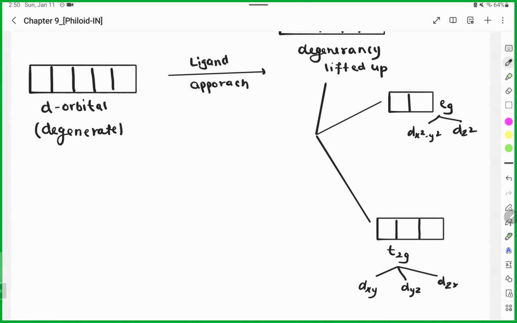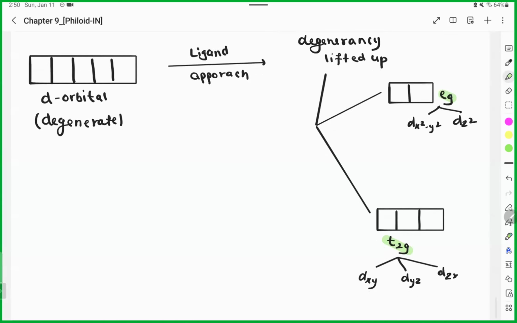Okay. Your next question is, sir, when there is a breakdown of all the five orbital, why is EG up and T2G down? Why is the opposite not possible? Make sense? Okay. Why is this happening? Answer is